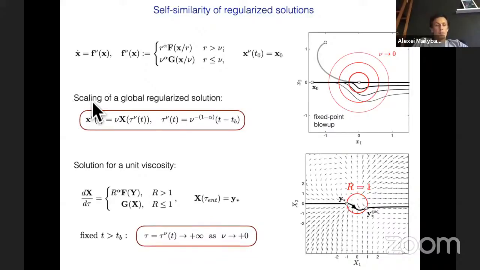Okay, so now let's go back to our system and make some analysis. The first thing we do is we have this equation, and it's not a single system, it's a system parameterized by the parameter nu. We would like to study its solution when nu becomes smaller and smaller.